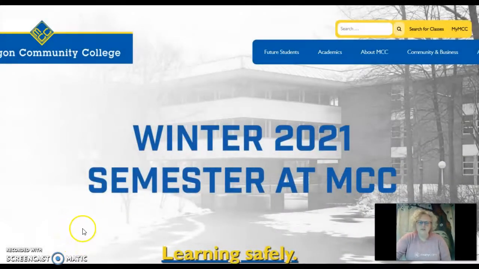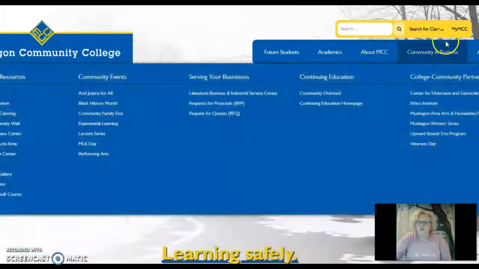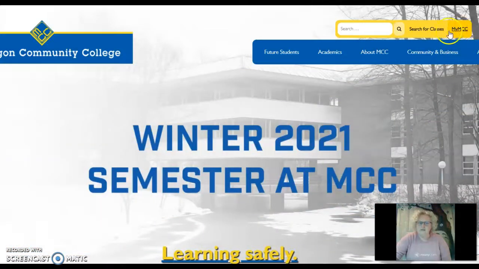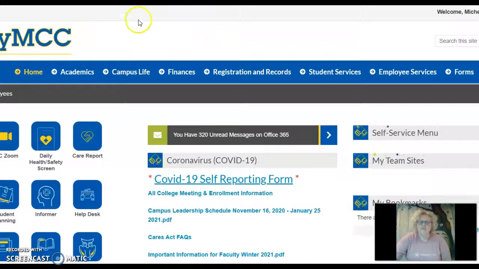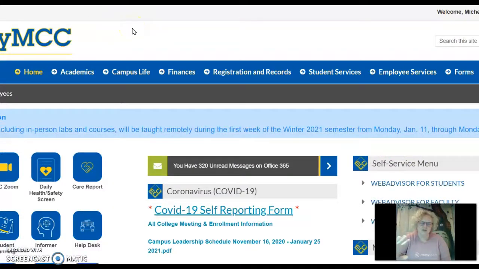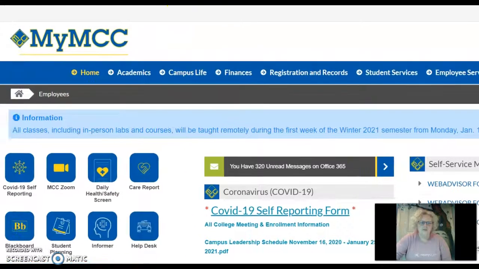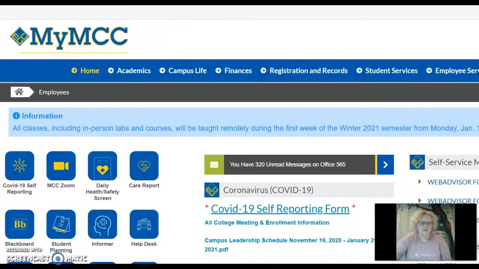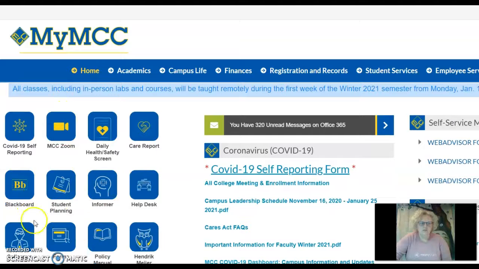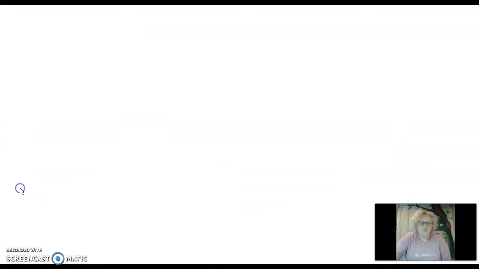All right, so this is the MyMCC page. You'll go to your MyMCC and log in with your username and password. Since I was just in my account, my computer already has me signed in, so that didn't show up. Then I'm going to pull this over to the right, and you can see these blue tiles over here, and one of them is Blackboard. So we're going to go to Blackboard,